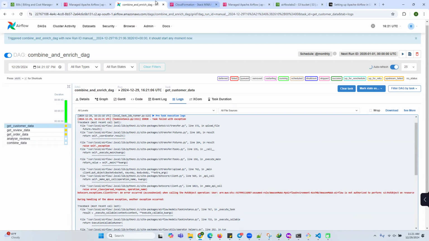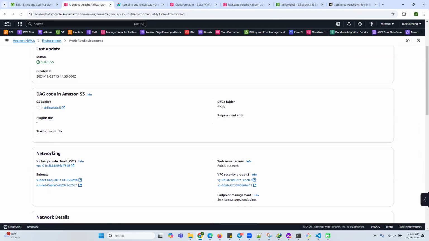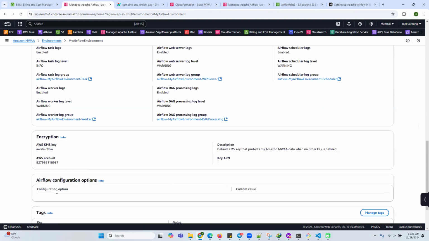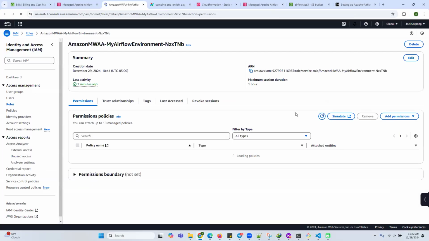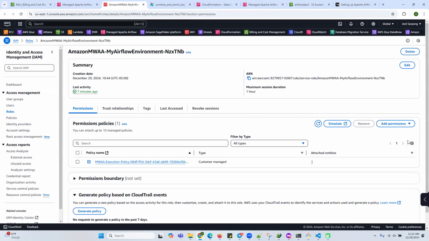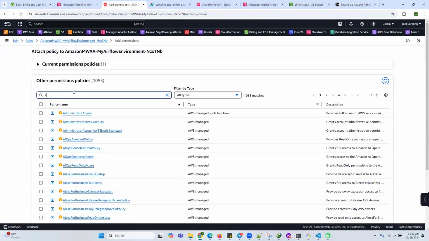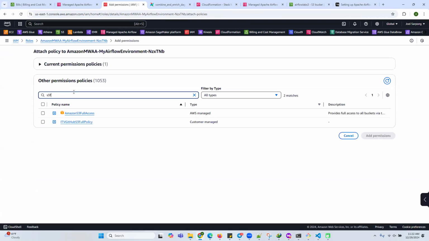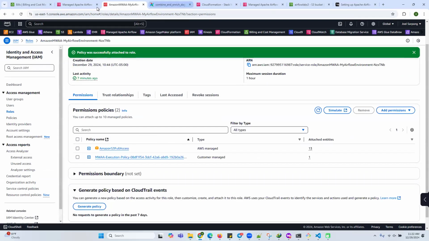So what I need to do is, in my role, my Airflow role, I have to give S3 permission so that it can write. Add permission, attach policy, and S3 full access. S3 full access. We can add permission. And now